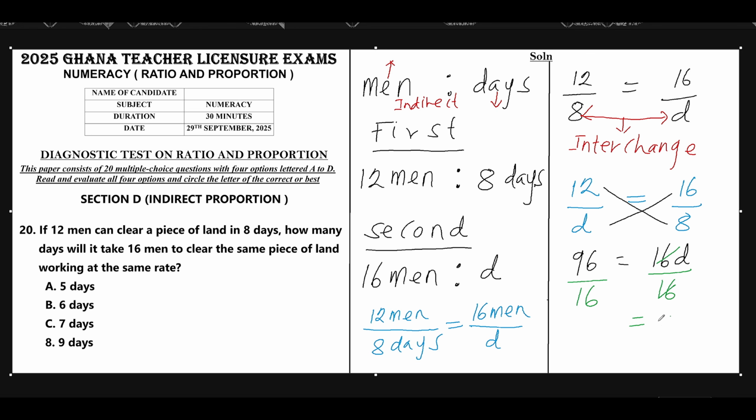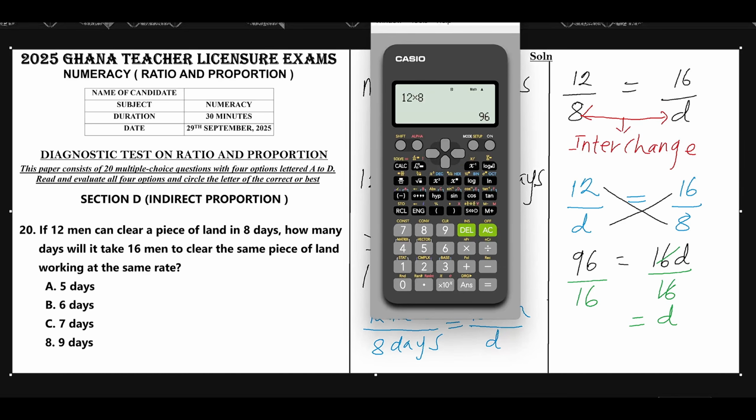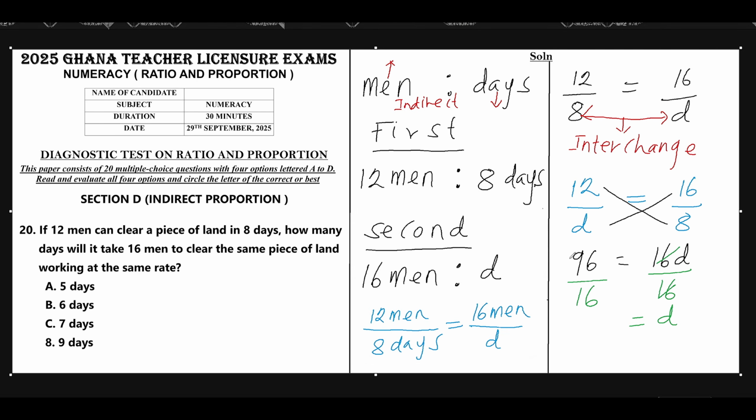We have d on the right, and then 96 on 16. Let's see. We have 6. So it is clear that d is equal to 6. So we are looking at 6 days. We select option